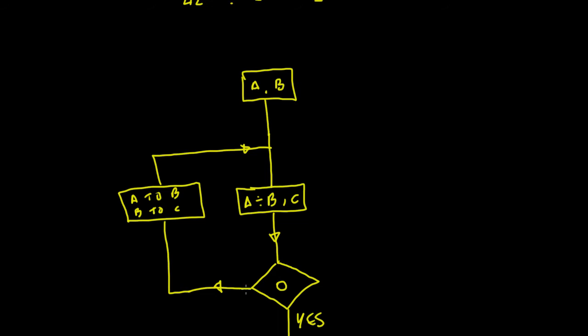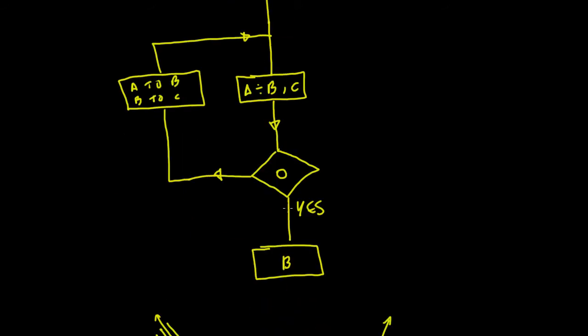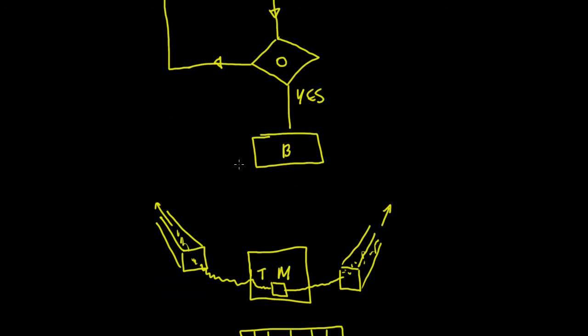If it isn't, then we can go back up in here and we replace A with B, and we replace B with C, and we go back into this point here and again run through the A divided by B until eventually you get down to a point where the answer is in fact 0, and at that point the final output will be B, which will be the highest common factor. Okay, now